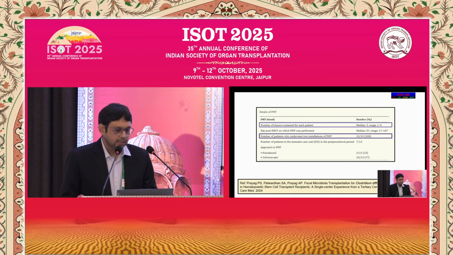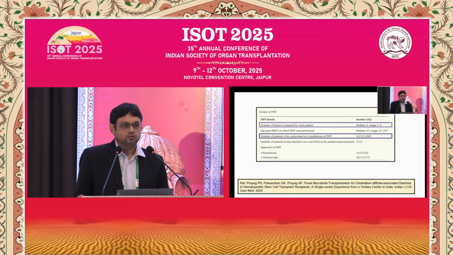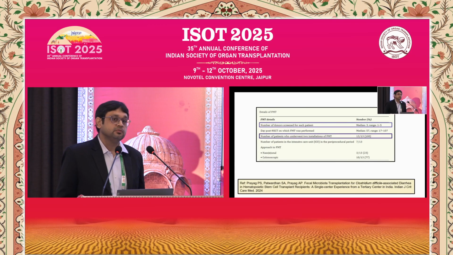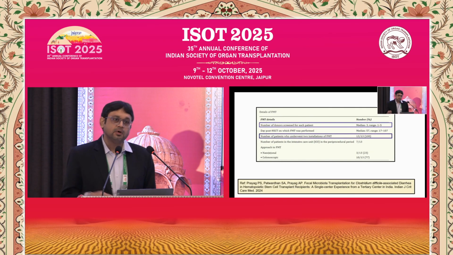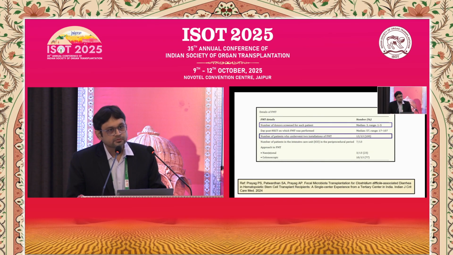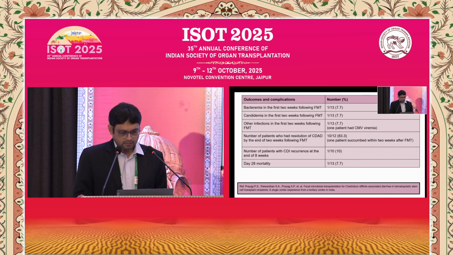In our BMT recipients, we had to screen a median of 3 donors to get the right kind of donors. A lot of times, we have to screen 4 or 5 donors. We've had donors who themselves were GDH antigen positive. We've had donors who were found to be colonized with carbapenem-resistant E. coli. So all sorts of things can happen in our setting, and that's why donor screening has to be very, very rigorous.